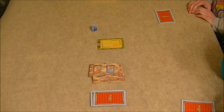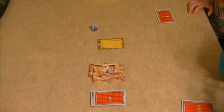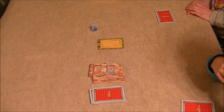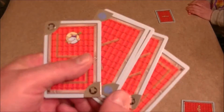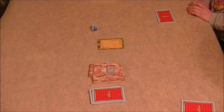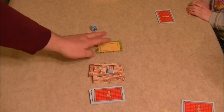We're going to take a look at it, and then we're going to come back and give you our thoughts. Okay, so I have Rhino Hero set up for 3 players, and what I did was I shuffled up all of these roof cards here and dealt each player a starting hand of 5 cards. So here's my 5 cards here, and if you're playing a 2-player game, you're going to receive a starting hand of 7 cards. And then we're also going to place the foundation card in the center of the game table here,